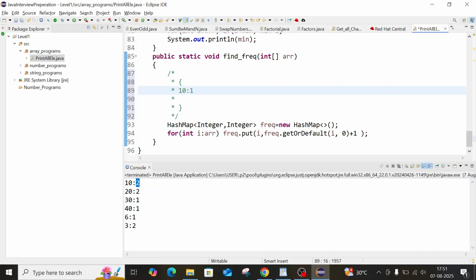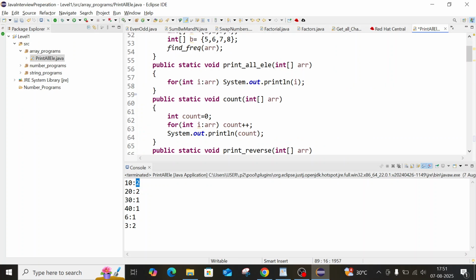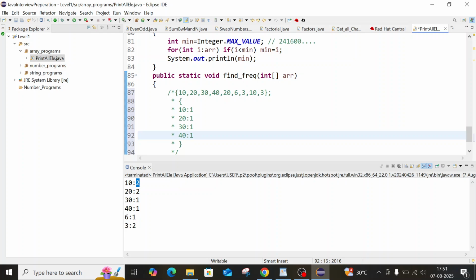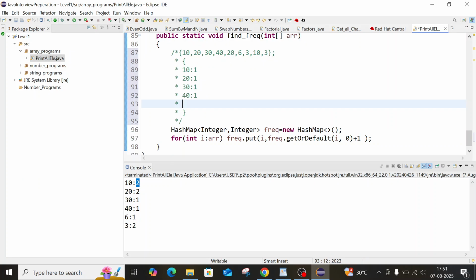For the next one, I will just copy this and paste it here. The next element is 20, right? So 20 is not present in the hash map, so it will assign 1. The next one is 30, it will be 1. 40, same, 1. But when it comes to 20 again, it will check if 20 is already present or not. If 20 is present, what is the value? 1 here, right? So it will return